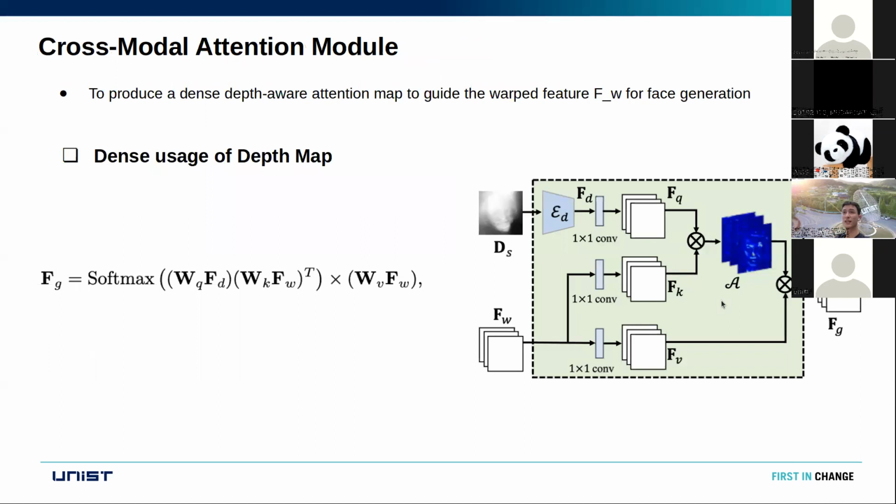Moving on to the cross-modal attention module. So basically, this module is to produce a dense depth-aware attention map to guide the warped feature FW that we got in the previous subnetwork for better face generation. So we further refine the warped features that we got from the second subnetwork. And the way we do it now, using the depth encoder, we feed the depth map for the source image into the depth encoder to get the depth features. And then along with the warped features,